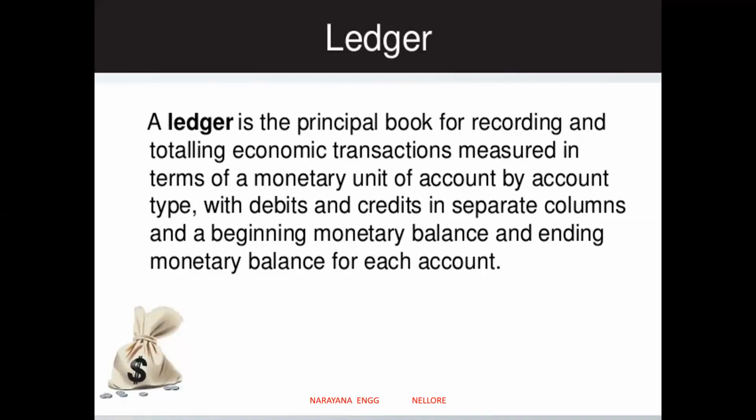Accounting is the process of recording, classifying, and summarizing the transactions in an organization. We record every transaction in the journal book, and after preparing the journal, we make the ledger with the help of the journal entries. The ledger is the book of recording all the transactions. We maintain all the economic transactions, measured in terms of money and value, and we observe how much is debited and how much is credited.